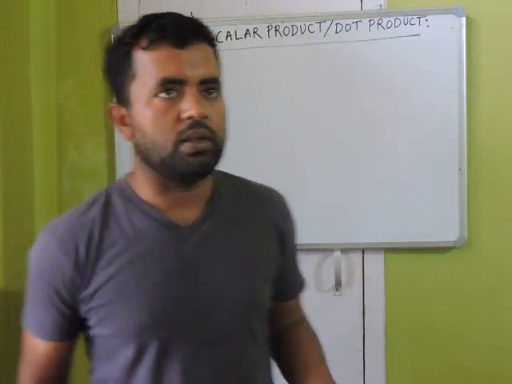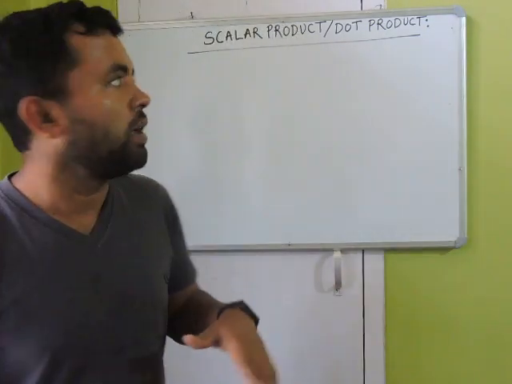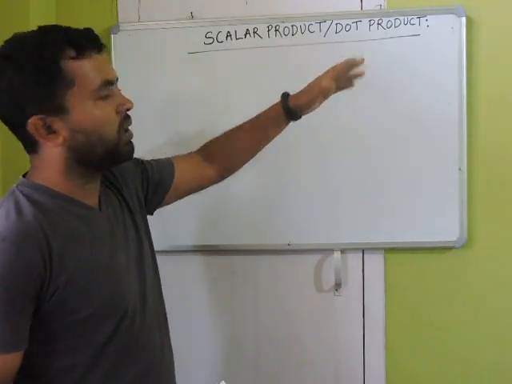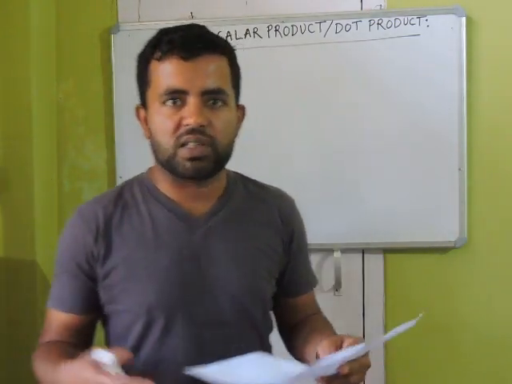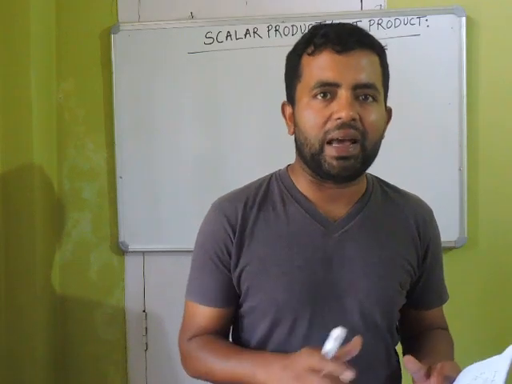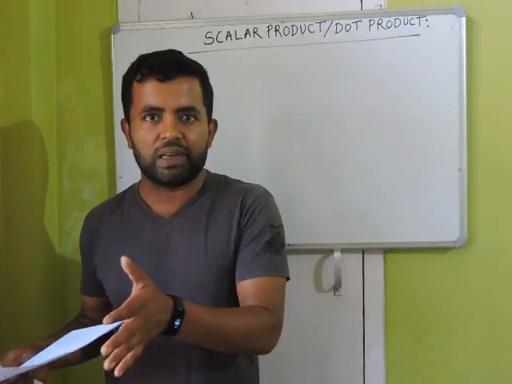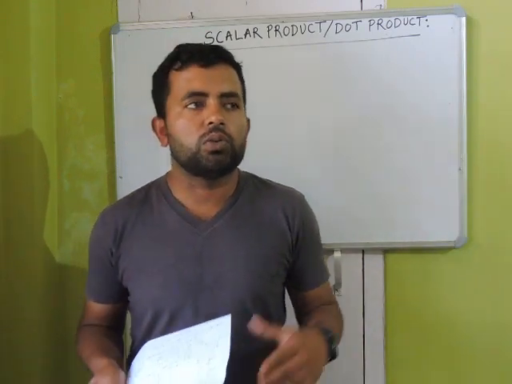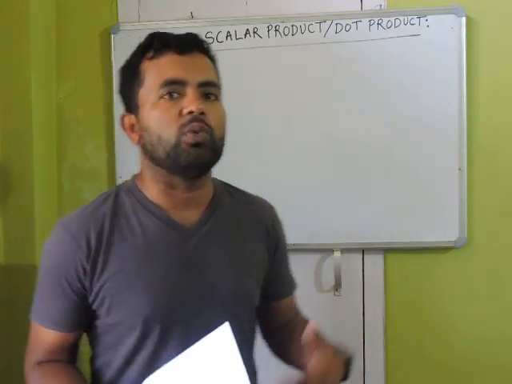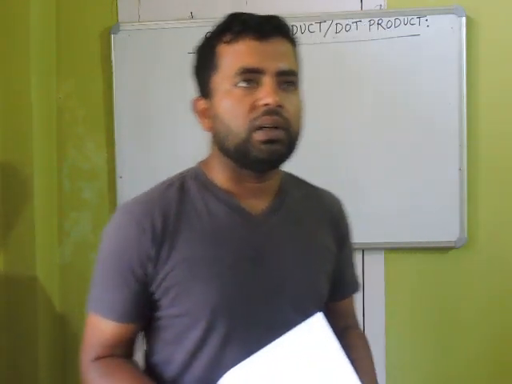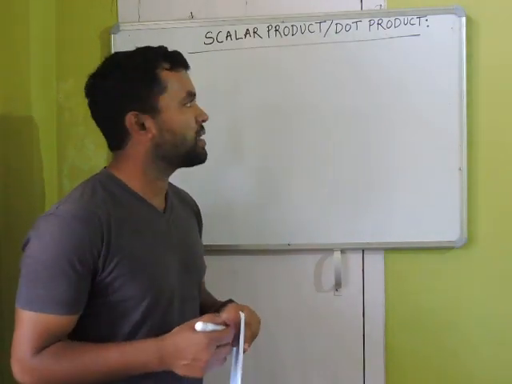In today's discussion, we are going to talk about scalar product or dot product between two vectors. You all know vectors are physical quantities having magnitude and direction, and they are real physical quantities. Vectors and scalars. Now you encounter some expressions for energy, work done, and power, and they are all scalar quantities. We are going to understand all of this in today's class.